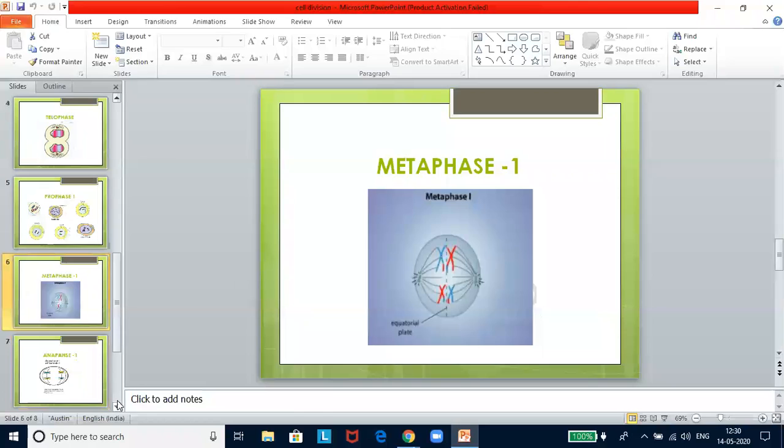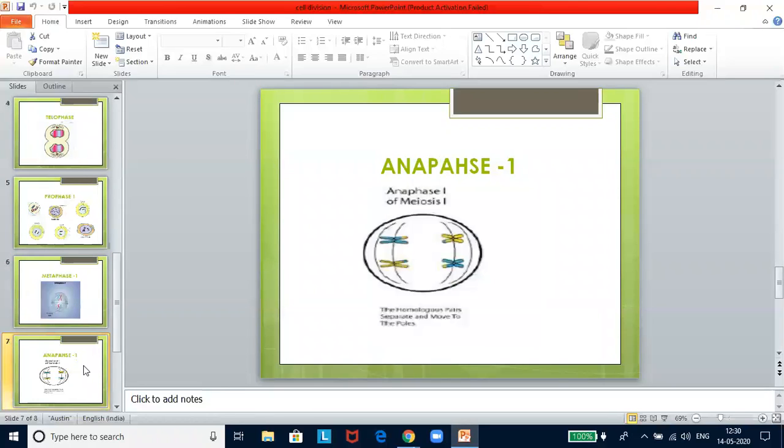So the next stage you find here is the anaphase. It begins with shortening of chromosomal fibers attached to the centromere of the homologous chromosome. Now here, can you see the color? Here it is blue and it is yellow, it is yellow and it is blue. That means to say there has been an exchange of material. That is the reason why you find the color differences being shown here.